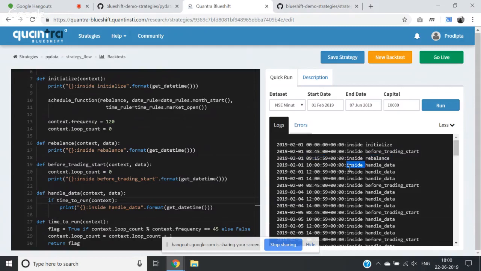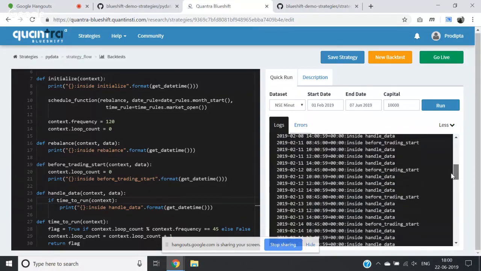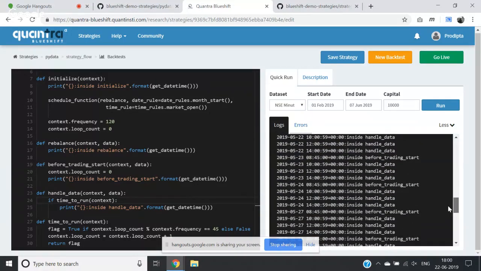And then from then onwards, it's only handle data every 2 hours because we have set the frequency for that. So at 10 o'clock, 12 o'clock, and 2 o'clock. And then, of course, it goes to the next day. So similarly, the same thing goes on happening. So before trading start, rebalance is called only on the first day. For the next day, the rebalance is not there. It's only handle data and before trading start. So I think now you have some idea about